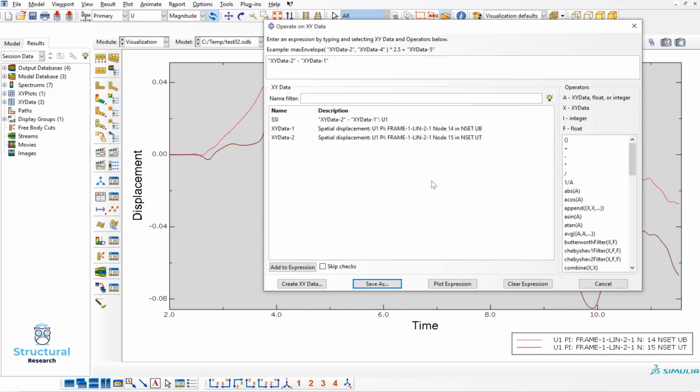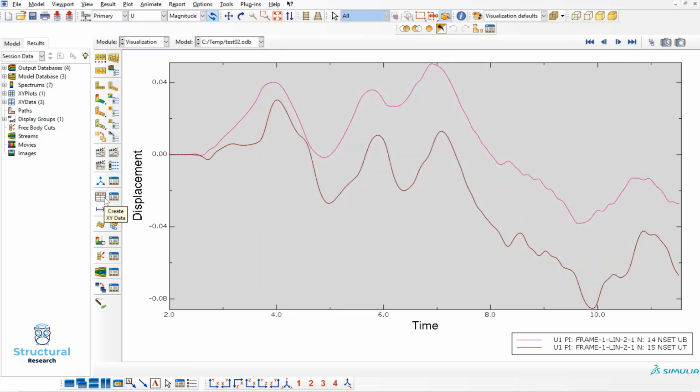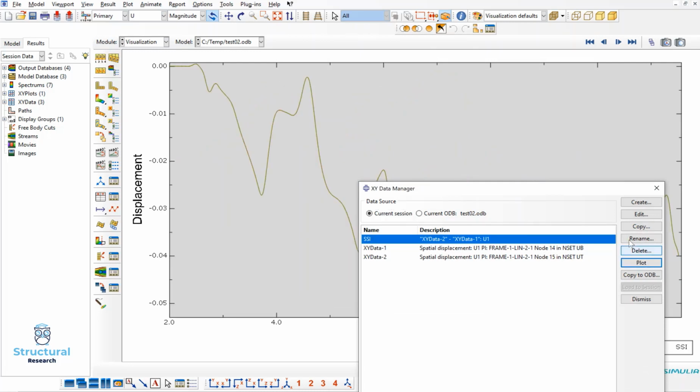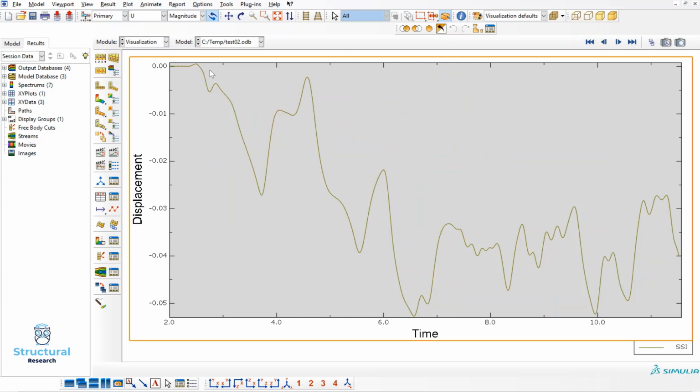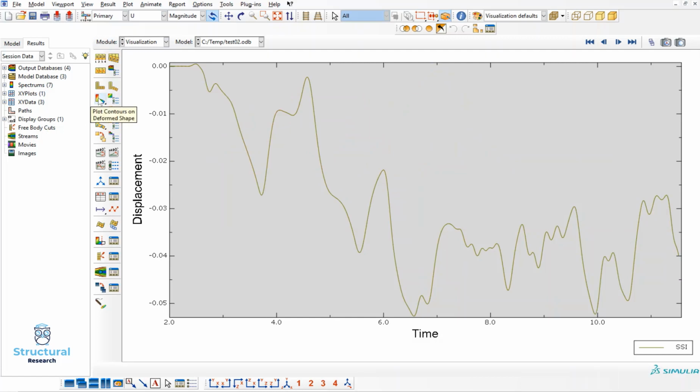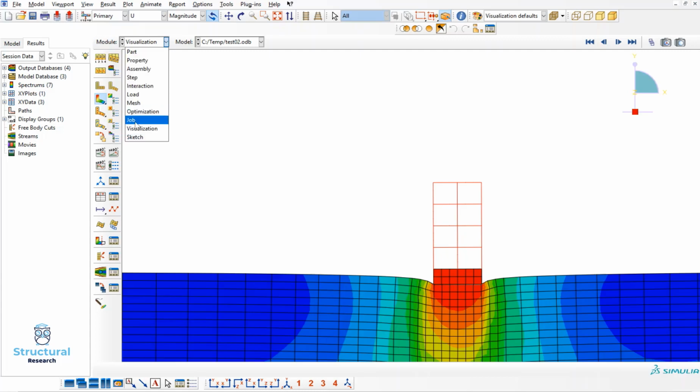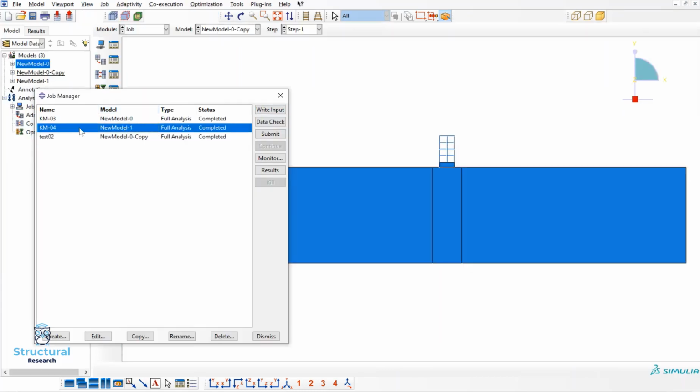So in here, XY data manager, let me plot it so you can see we are facing almost 5 centimeter displacement using SSI, and also another model considering